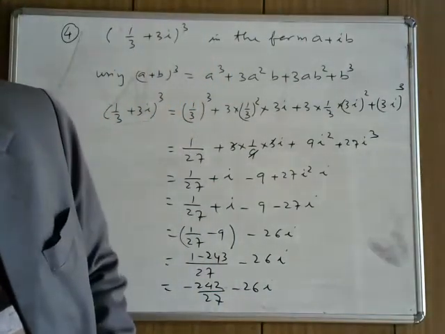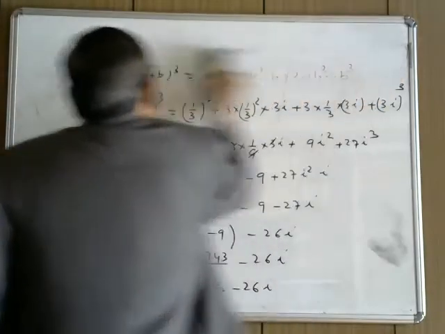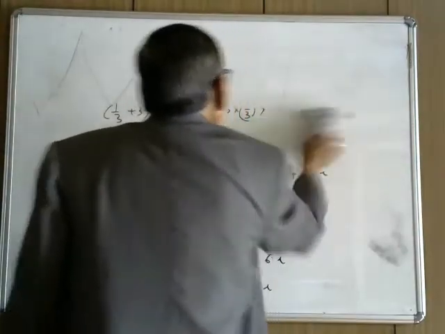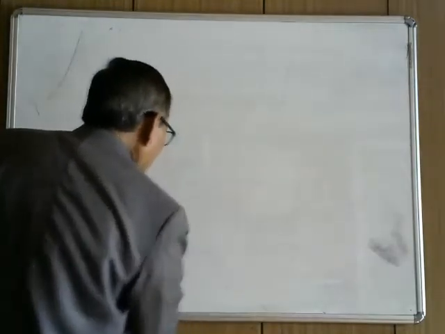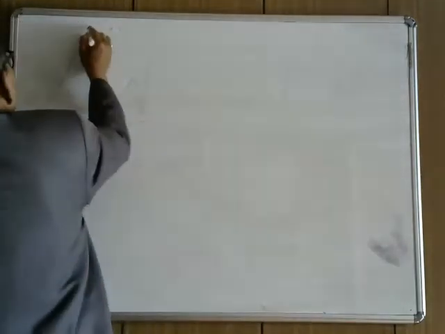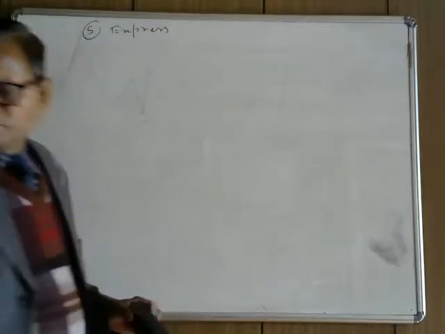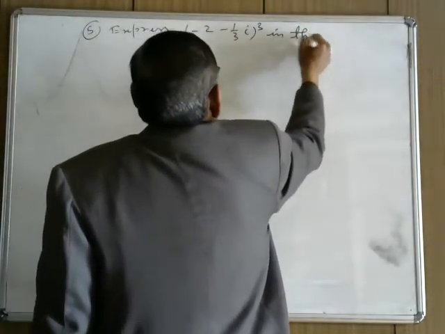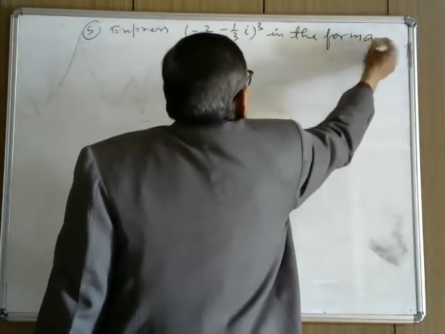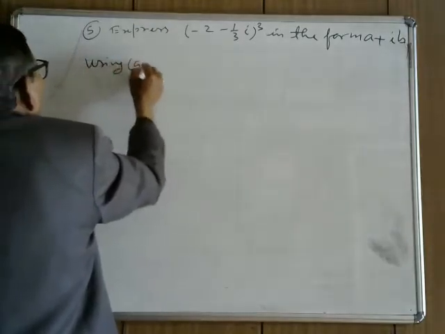Now next one. Question number 5. Express (minus 2 minus 1/3i) whole cube in the form a plus ib. So using (a minus b) whole cube